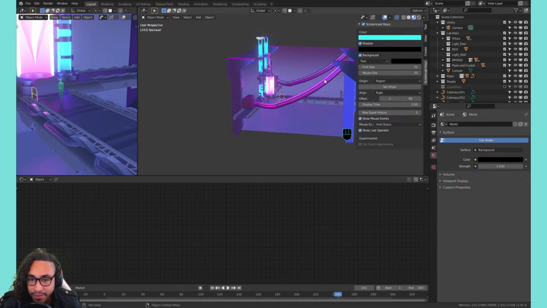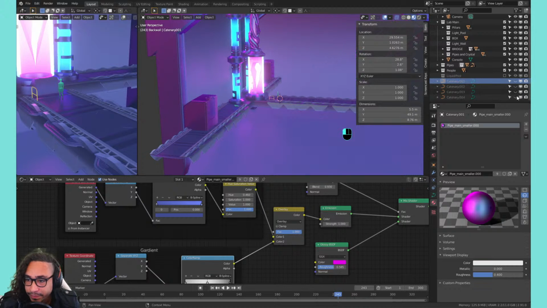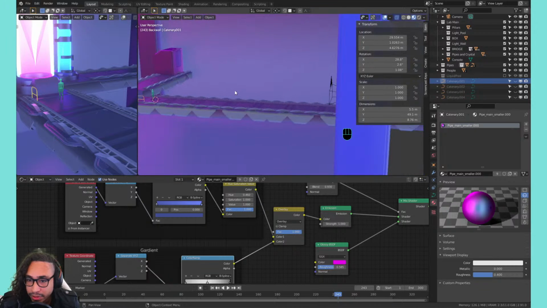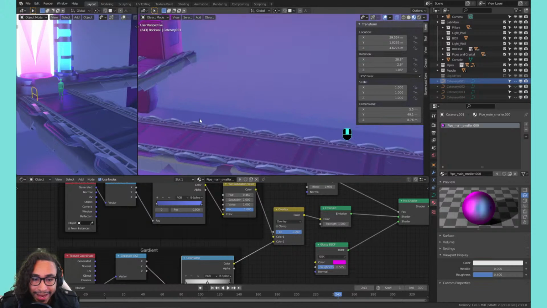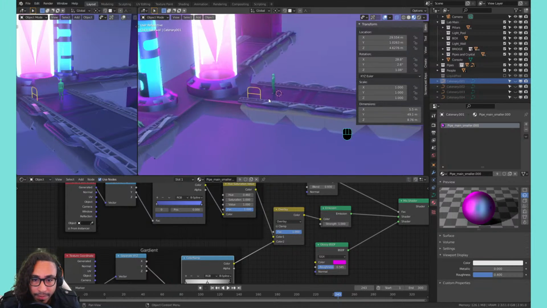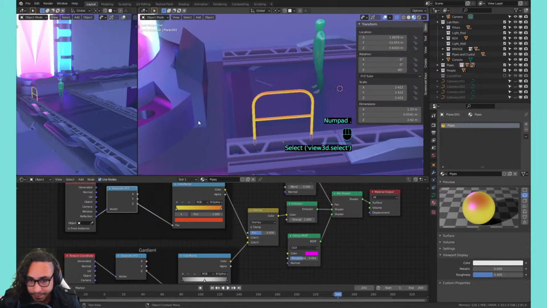All right, let's get rid of the pool stuff. Let's get rid of these cable stuff, just for now, just so I'm not being obstructed. All right, and then Jiraj says you could also put a mirror modifier in, right? That's exactly what I'm going to be doing. I'm going to mirror it, and then I'm going to put an array modifier. But right now, I'm just going to keep tweaking the